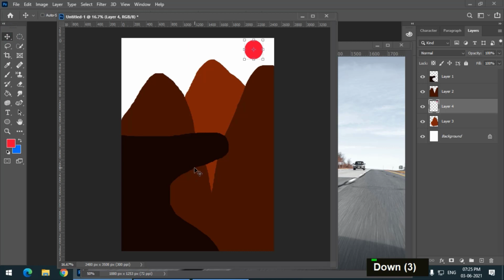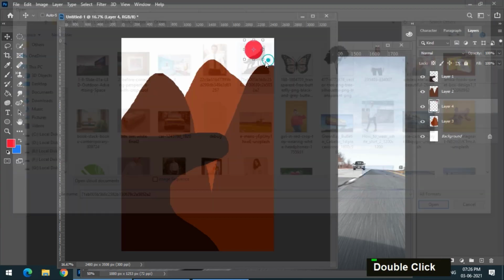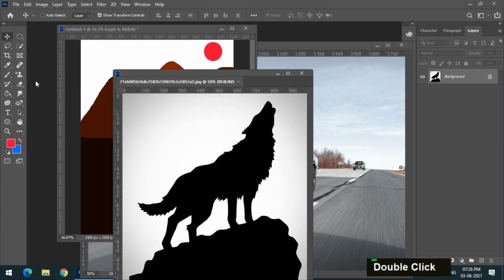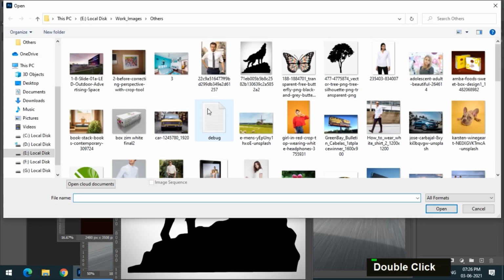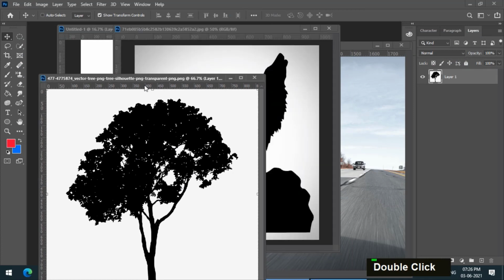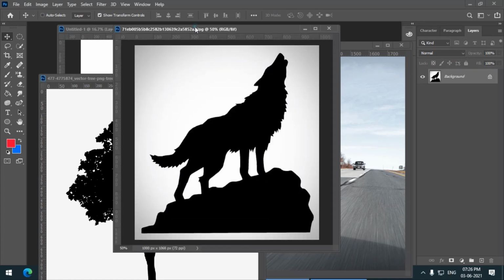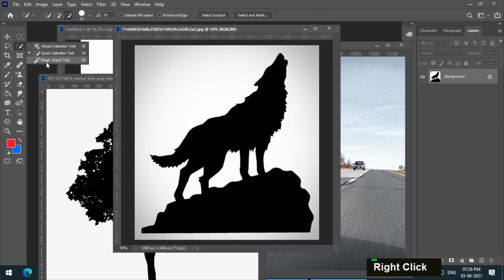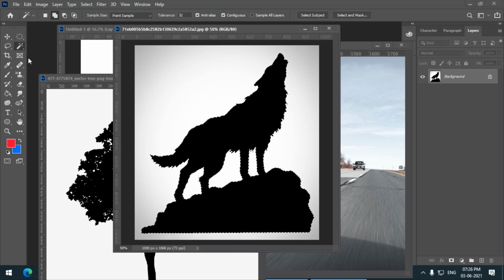Now for the important part, we have seen earlier how to create brushes. So we'll go to this thing. So this is a wolf, and let's say if you want some feeling of the jungle, so we want some trees to get that feeling of the jungle. So first of all, I will select this wolf just by using magic wand tool, and because this is entirely made up of black color, it will be easier to select that particular area.